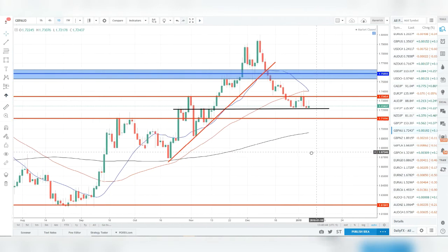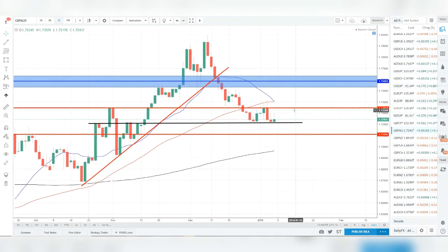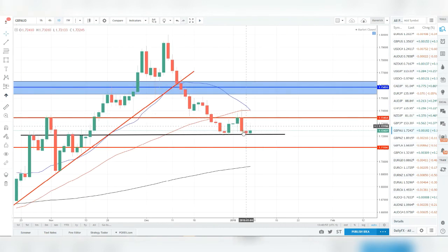Then we have the exact opposite with the pound Aussie. We have a nice bear setup looking to be here. We've got a nice support resistance level here. It's now acting as support. We have back-to-back days of the bulls trying to push price higher and the bears coming in and winning. You can tell that by these two high upper wicks. As you can see right in there, that's showing us that the sellers are coming into the markets and pushing